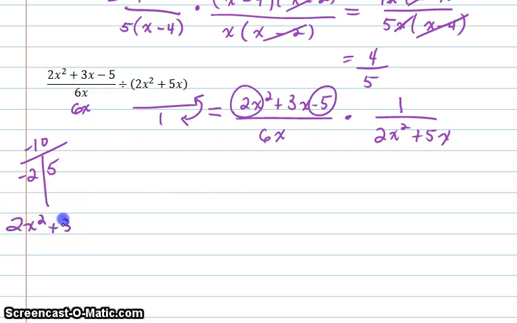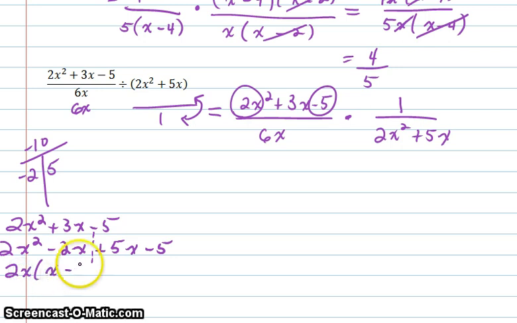So we have 2x squared plus 3x minus 5. Let's rewrite it: 2x squared minus 2x plus 5x minus 5. Then we want to treat it as two separate problems. Find the common factor here. So that is 2x. We have x minus 1 left over. And then here, common factor is 5, x minus 1 left over. So our factors up here are x minus 1 and 2x plus 5